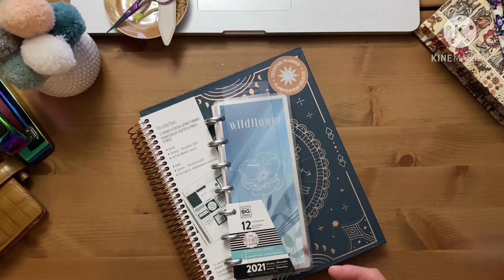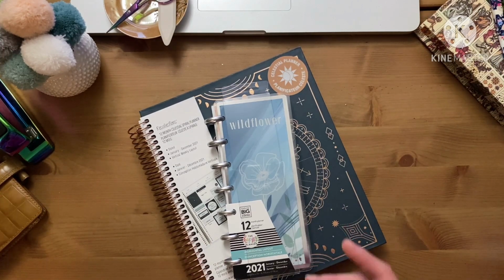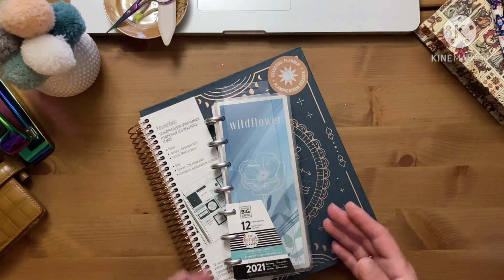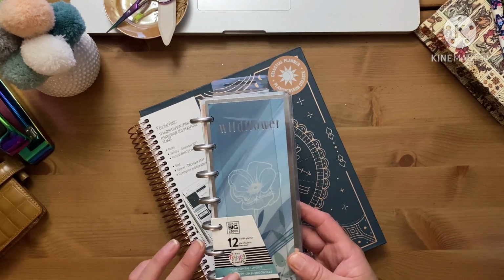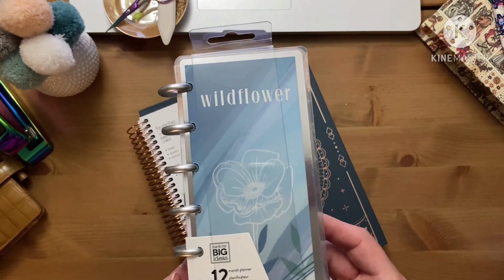I really wanted to get on the skinny mini happy planner bandwagon back in the spring or last winter when they came out. And I thought they were really cute, but I just couldn't get into the covers, and I just really could not get into the way that the pages were decorated until I saw this one. This is a new one. This came out. This is for January through December of 2021. It's Wildflower,